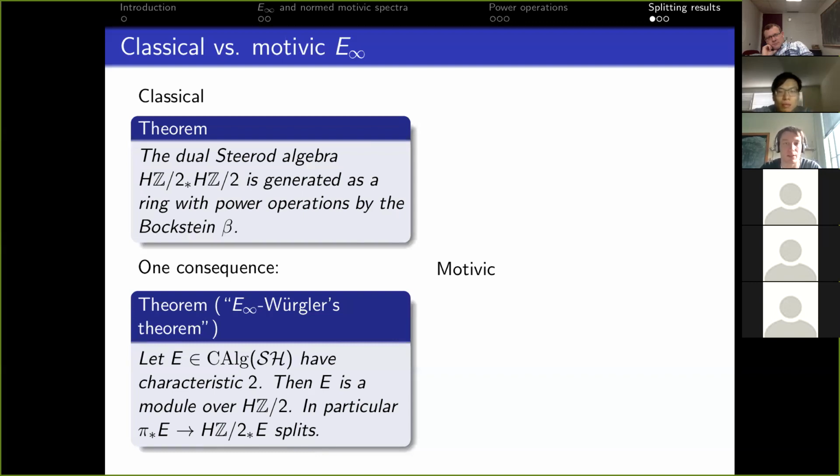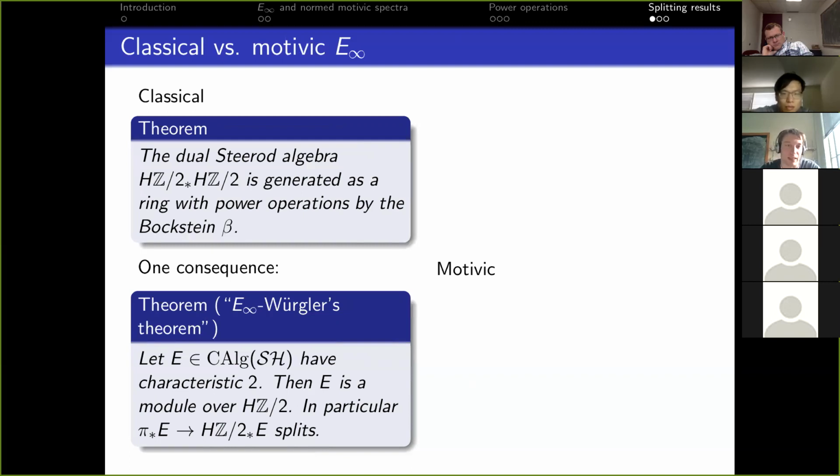It splits, of course, then into a wedge of some shifts of this Eilenberg-MacLane spectrum. Also, it, of course, implies more formally that the Hurewicz map from the homotopy of E to the homology of E also splits. And then you can prove a huge number of things with this. So it's just the point that homology is so much easier than homotopy that allows you to do a lot of good things. And okay, this is a sort of laughably weak result because there's an actual